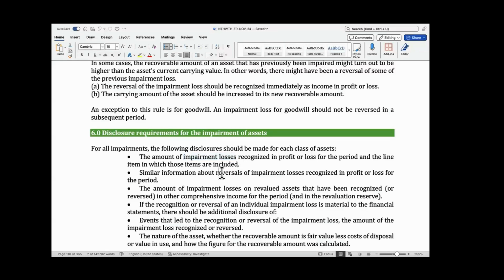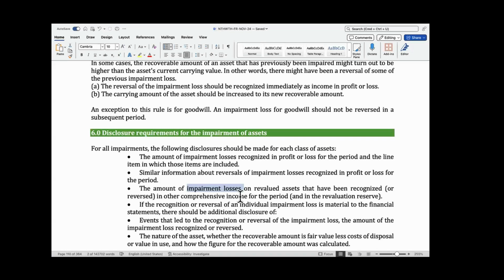If there is any reversal, you need to also tell us about the reversal, how much reversal was made. You need to also disclose the amount of impairment loss that have been recognized to OCI. I mean, an impairment loss where there was a previous surplus will go to OCI. Right? And if you have any impairment loss or any reversal